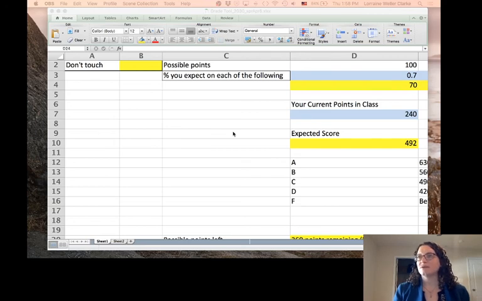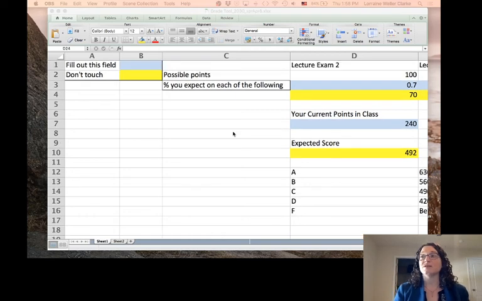So today we're going to focus on talking a little bit about the new processes, the new drop date, and chat about how to use the grade tool. And then we'll go through chapter 12, and I'll show you where to find the information about the test. The test is still under creation, but